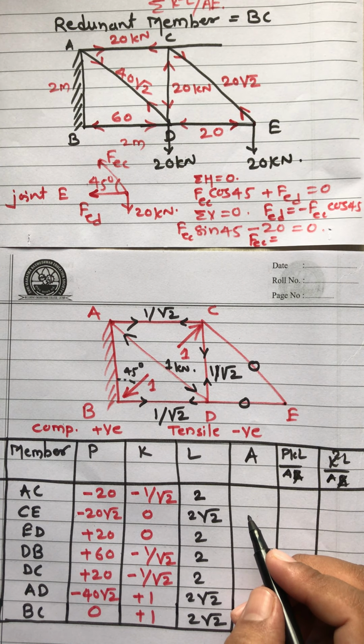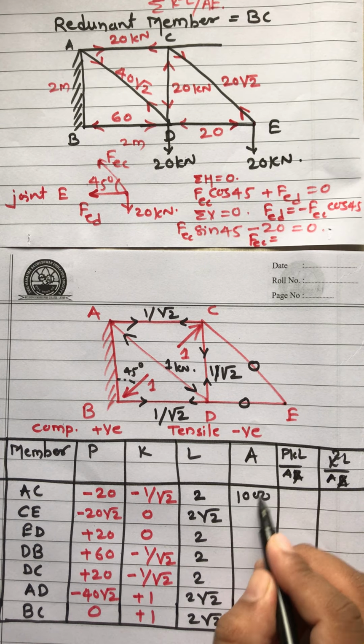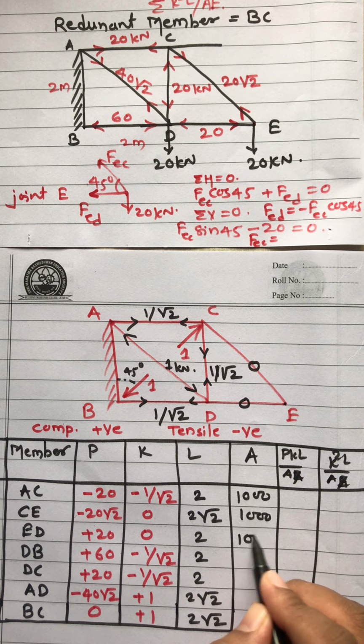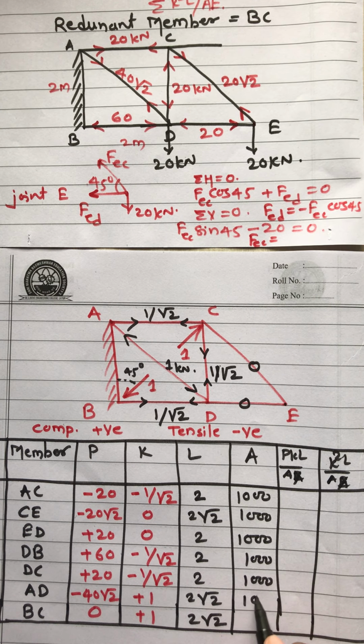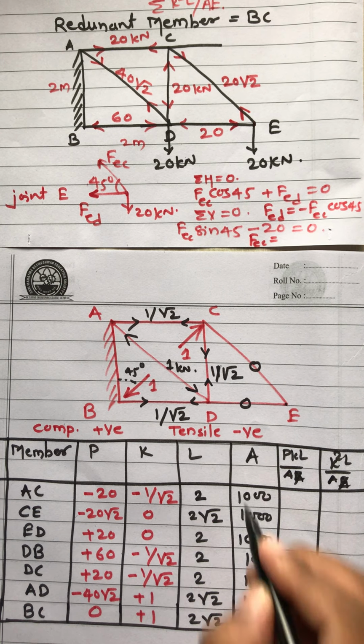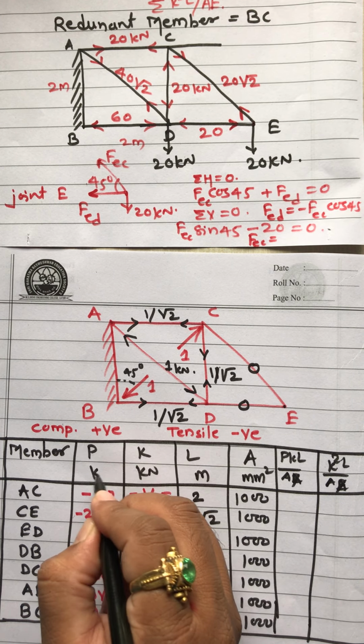Area is the same for all the members. So the member area is 1000, 1000, 1000, 1000, 1000, 1000. This is in mm square. This is in meter. This is in kilonewton. This is in kilonewton. Now